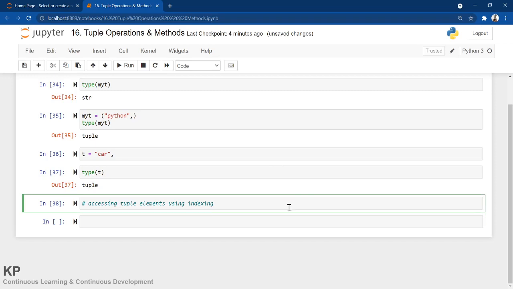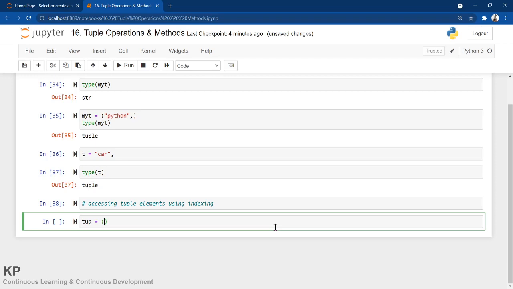Okay, so let me declare one tuple, tup. I'm giving a variable name and putting some values such as car, bike, and aeroplane. So this is my tuple.